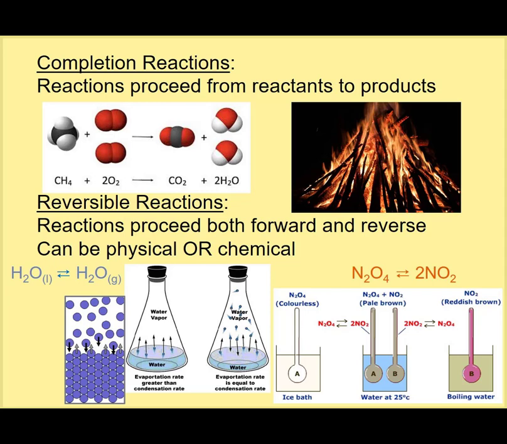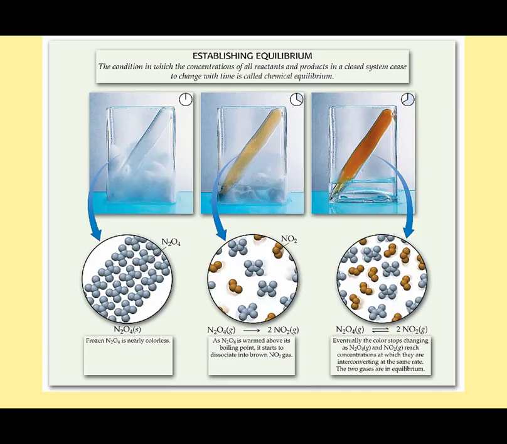And you can tell this one, there's a color change. So I just have the one molecule and it decomposes and forms two NO2 molecules, which happen to have a reddish color. And then those molecules can combine with each other and form the colorless N2O4. And if it's done at the same rate, products forming reactants as reactants forming products, then I say that I'm at dynamic equilibrium. Here's another picture of that